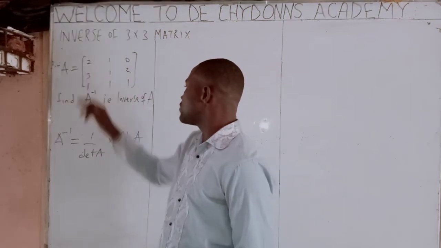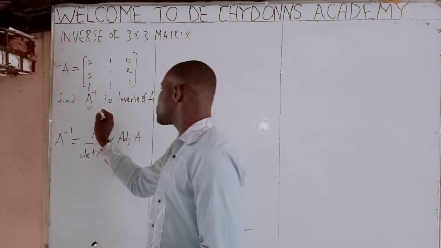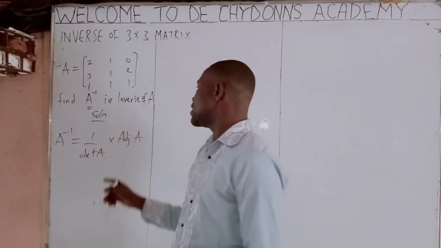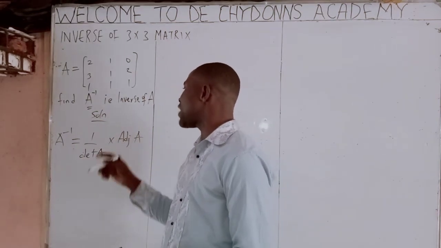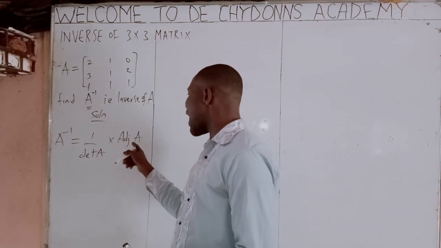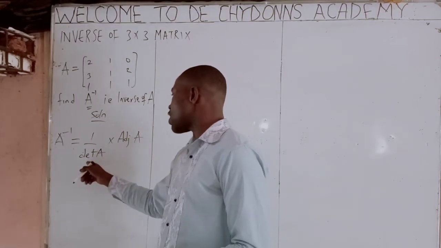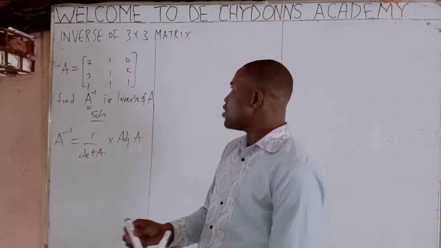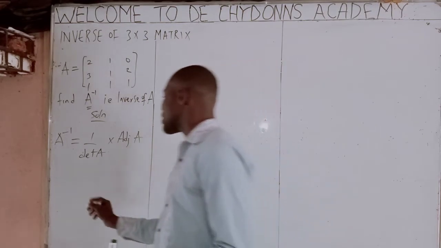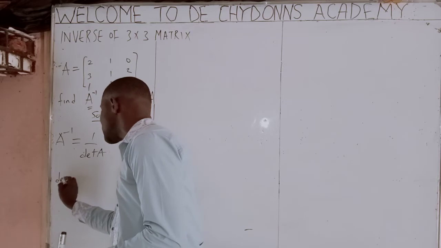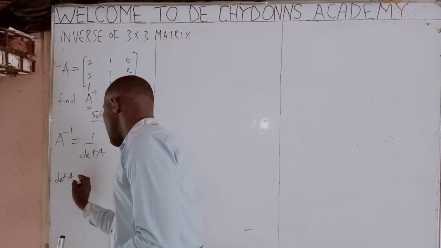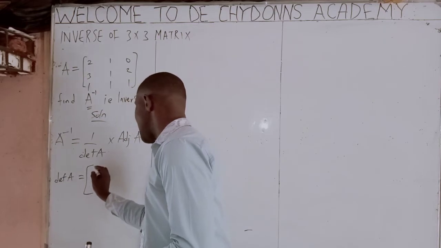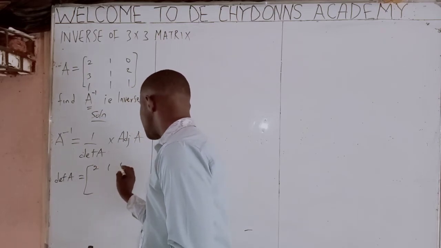How do we solve this question? We say to solve it, we must know this formula. This is a general formula for inverse of a matrix. This is called adjoint of matrix. This is called determinant of matrix. Now, how do we get determinant of the matrix? We say determinant equals to, you bring the elements of the entries